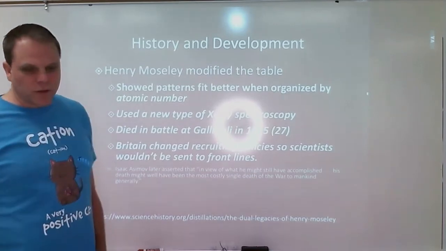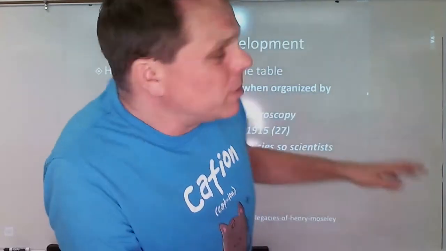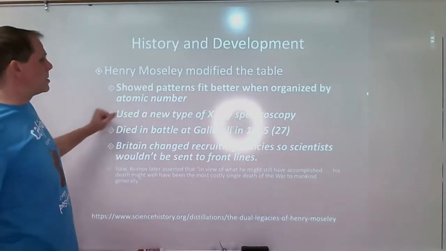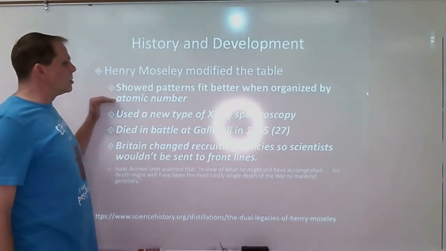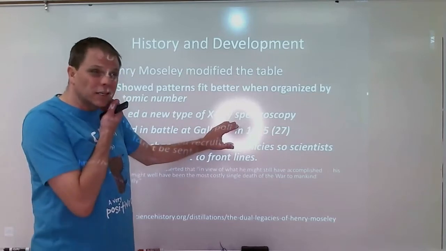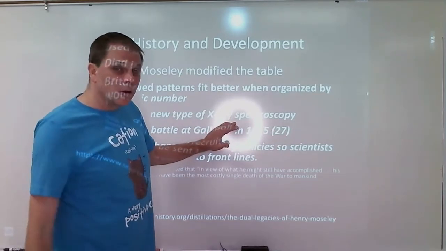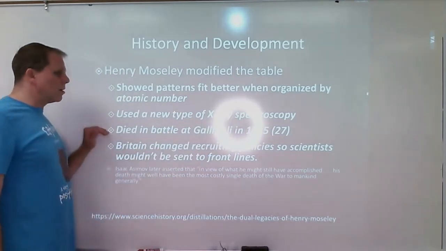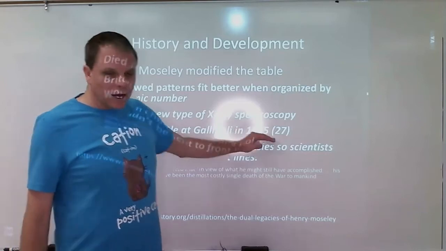Now, he did his graduate work, and he was a smart, up-and-coming scientist doing work in the lab. In his graduate work, he discovered a couple of really key things. He did this while he was still in graduate school. He hadn't even graduated yet. He figured out that you should maybe organize things by atomic number, and he did that because he used a new type of X-ray spectroscopy, which somebody else ended up getting a Nobel Prize for later on, because he didn't get a Nobel Prize for any of this work. He enlisted as a patriotic citizen in the army,